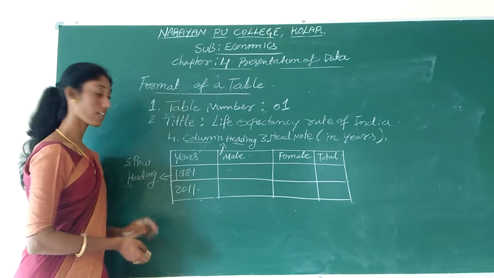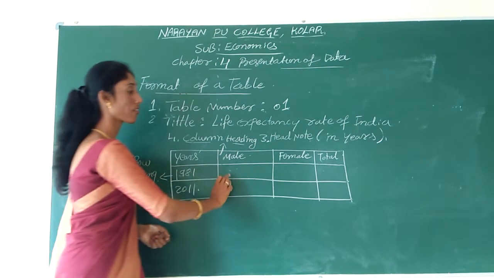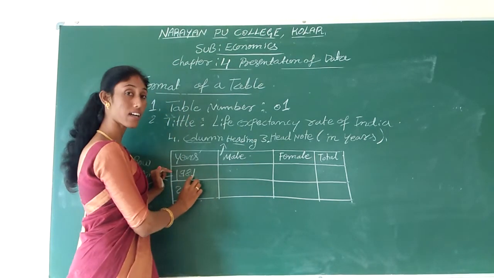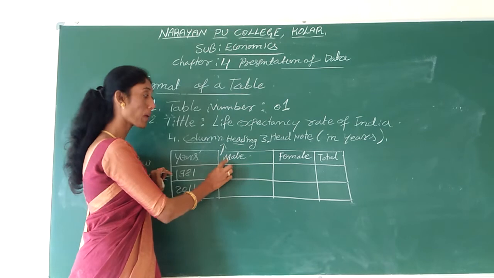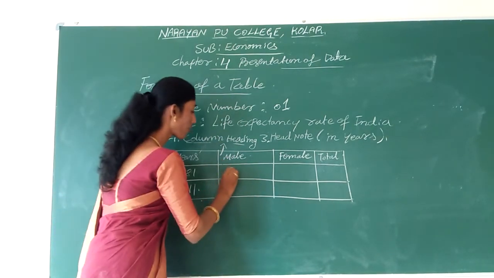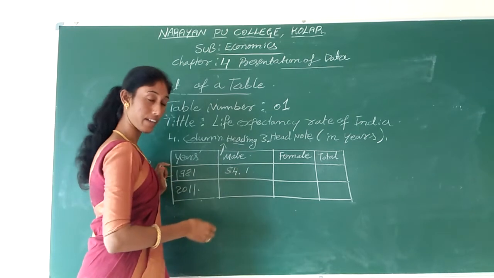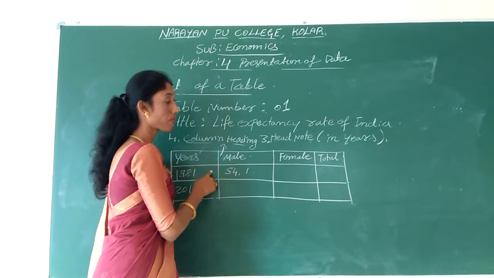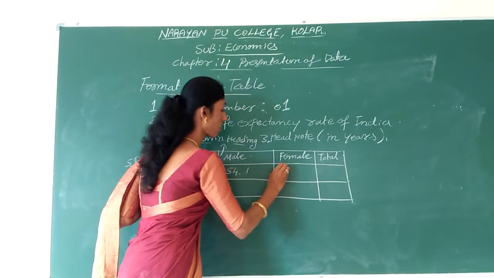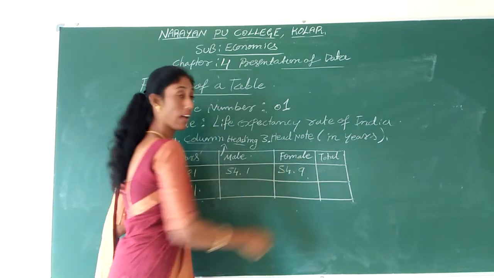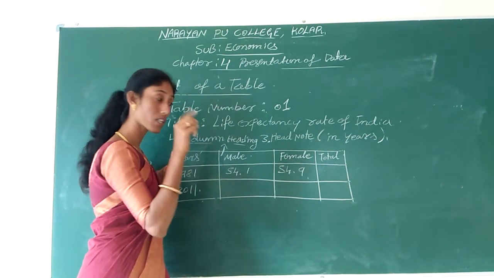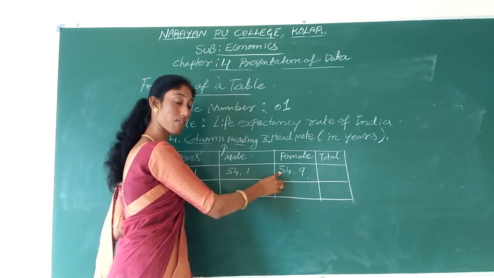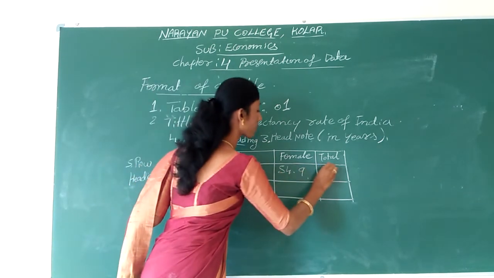Got it? Then now we will write the body of the table. Body of a table means the numerical values which will be entered here. Now, according to the 1981 census, the male life expectancy in India is 54.1, and as per the 1981 census only, the life expectancy of a female is 54.9, and the total life expectancy of the population in India, combining female and male life expectancy, we will get the total, and total is